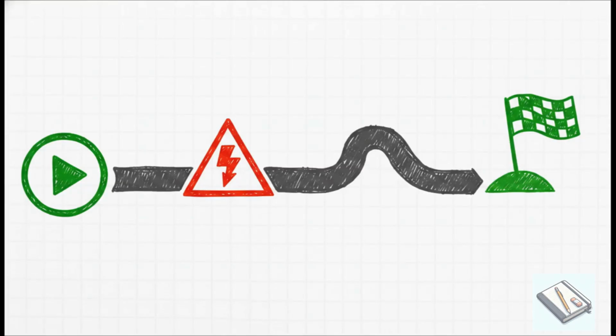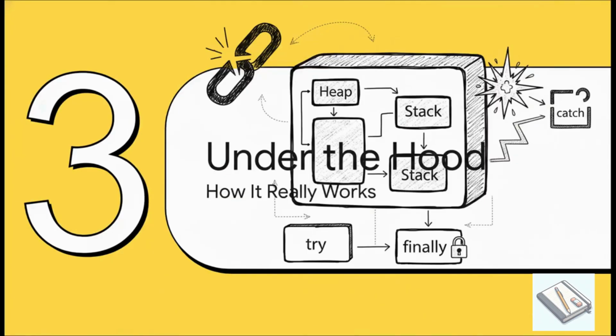And just look at the difference this makes. It's a total game changer. The program starts, it hits the error, but instead of crashing, it takes a detour right into our catch block. It prints out a nice, helpful error message, and then, this is the crucial part, it keeps going and prints end. The program now runs all the way to completion. We've handled the error. So what's actually going on inside the Java virtual machine when all this happens?